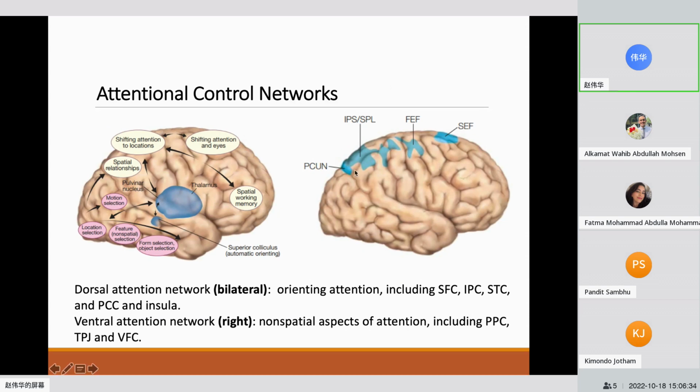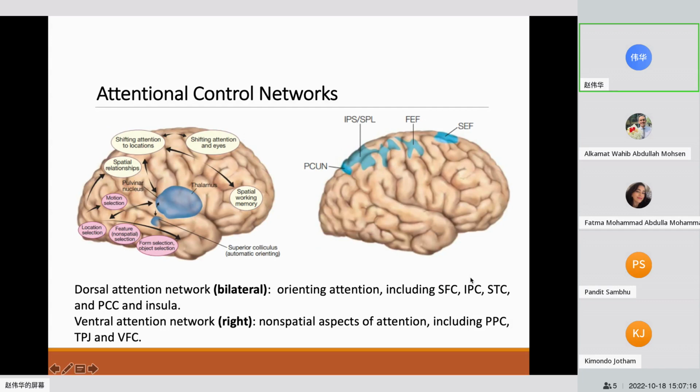These current models of attentional control suggest that two separate frontal-parietal cortical systems play a key role in directing different attentional operations. One is a dorsal attention system. It is primarily concerned with spatial attention. The dorsal attention network is bilateral, with brain regions including SFC, the superior frontal cortex, IPC, STC, PCC, and